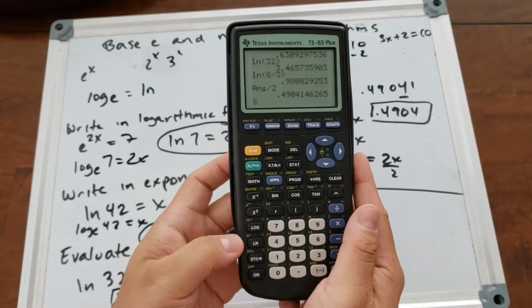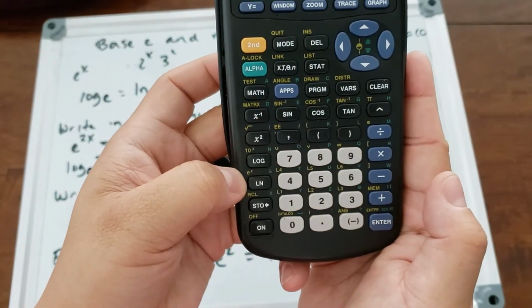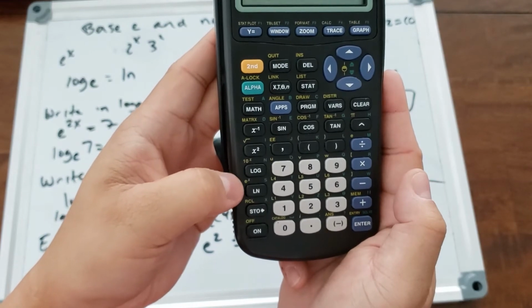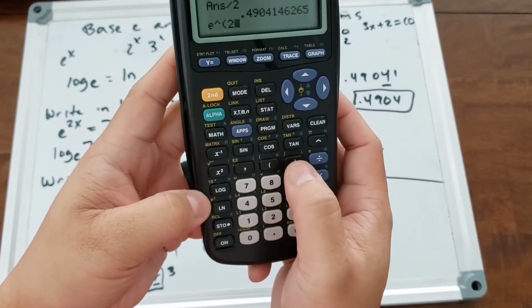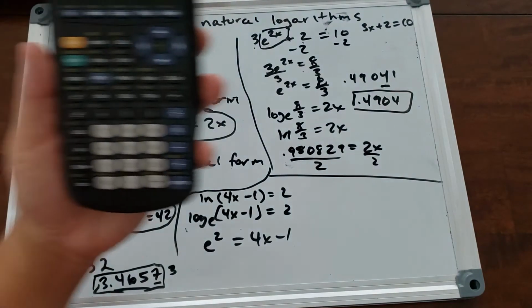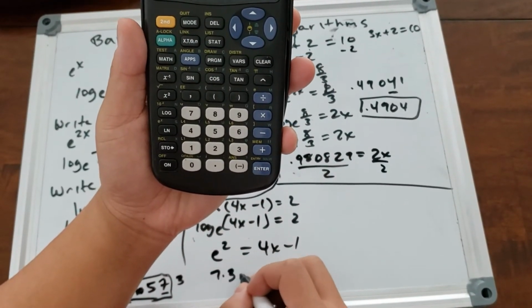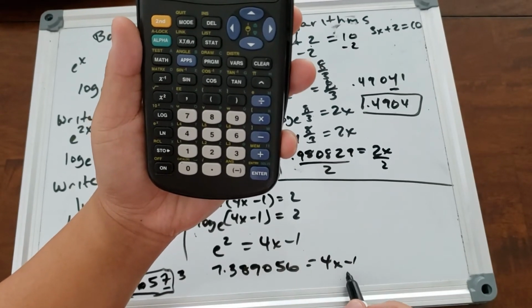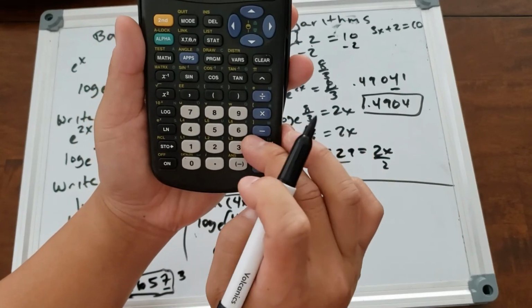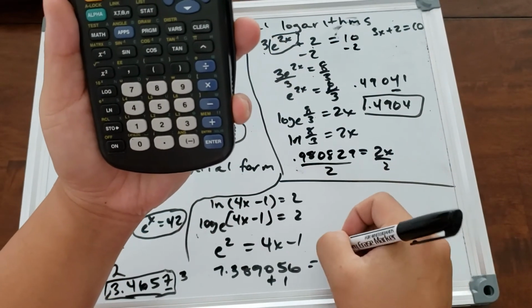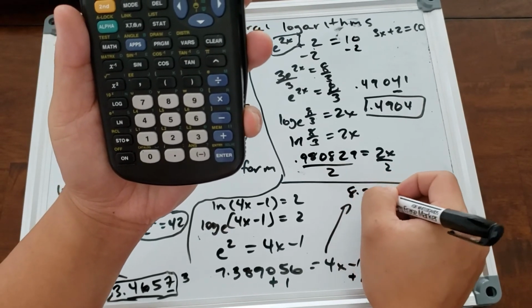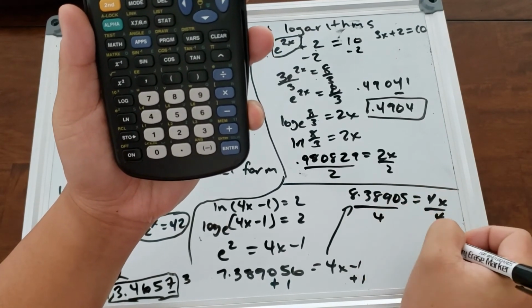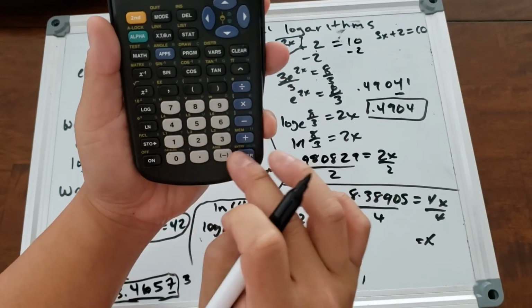Now, on my calculator, e is sitting right here. Everybody see that? In order to get that, I have to press second and then that button right there. That's how I access this right here. And then I'm going to put in my 2, and it gives me 7.389056. Remember, I can't round yet. And then how do I solve this? I'm going to go plus 1, plus 1. So I have 8.38905 equals 4x. Divide by 4, divide by 4, and x equals, so divide by 4, and I get